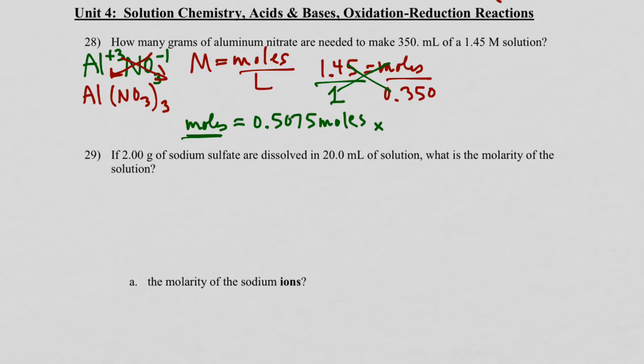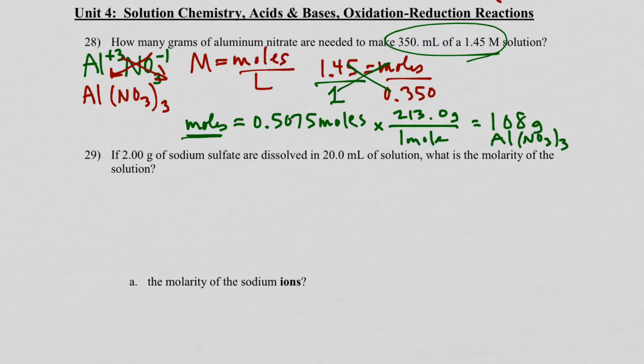And then the next step would be to convert that from moles to grams, remembering that 1 mole of any substance is equal to the molar mass of that substance. And when you add up Al(NO3)3, it adds up to 213 grams according to the periodic table. Now, if your teacher has instructed you, just like I said in the stoichiometry unit, to go beyond the tens place for your molar masses, then you should do so. But this section also will be based on my rule in my class, which is to round to the tens place. And then once we apply significant figures, there's 3 sig figs in both of these original numbers, so our final answer should also have 3 sig figs, and it comes out to 108 grams